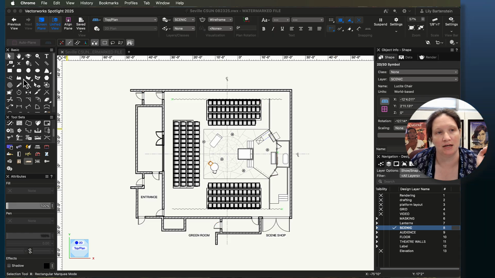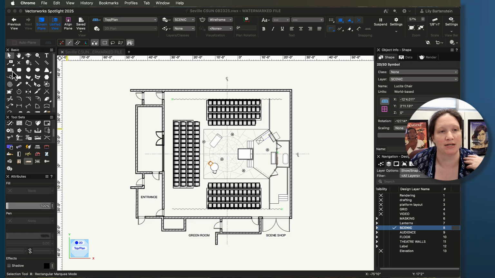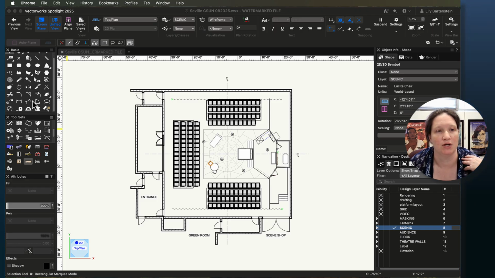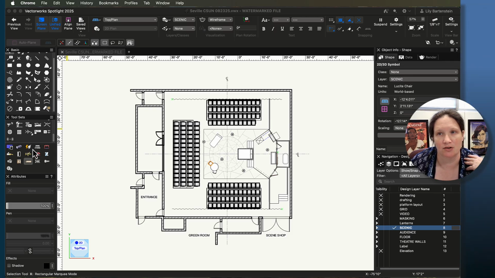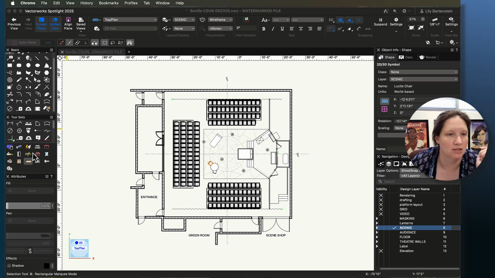Over here on the side, we have our basic tools, the rectangles and circles and shapes and connections that you would have for drawing. And then we have specialty tool sets. Again, we talked a little bit about this before. It can be hard to see all of these tools, right? They're a little squished. Your screen hopefully is a little bit bigger than the screen real estate I'm recording right now, so you should be able to pull this open enough, or it should come open enough that you can